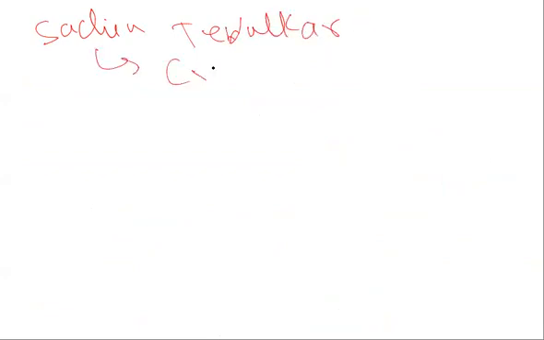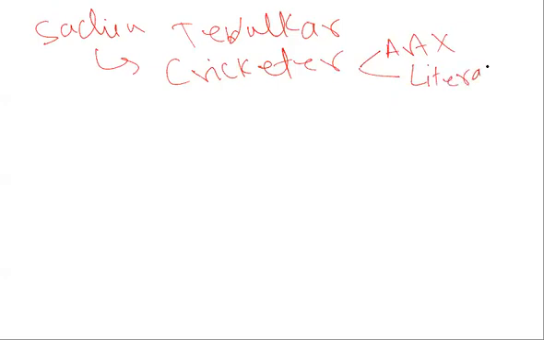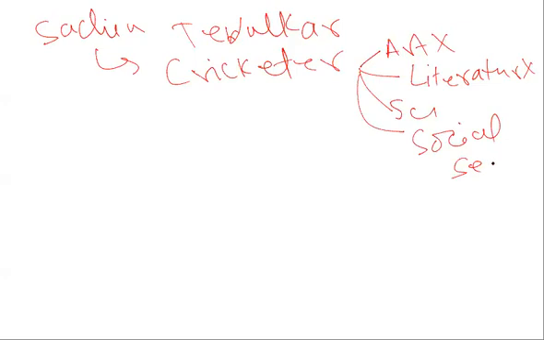When Sachin Tendulkar was nominated to the Rajya Sabha, his nomination was contested. His nomination was challenged in the Supreme Court. How can Sachin Tendulkar, despite being a cricketer, be nominated to the Rajya Sabha? Because he is neither an artist, so he does not belong to the art category. He is neither a literate, he does not belong to literature. He is neither a scientist, nor a social service person. And there is no mention of play, game or cricket. So how can Sachin Tendulkar be nominated?